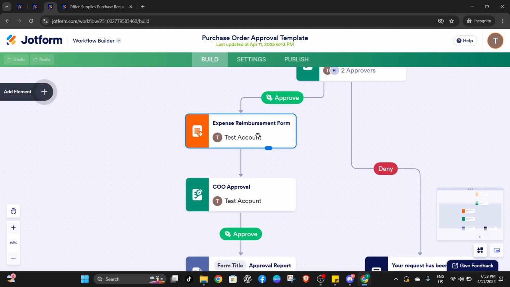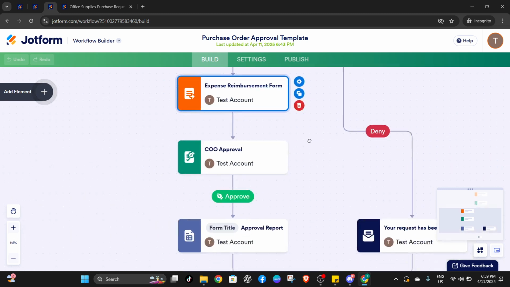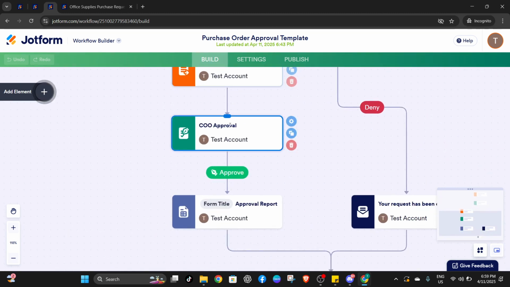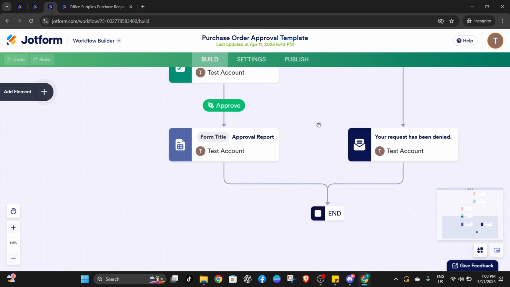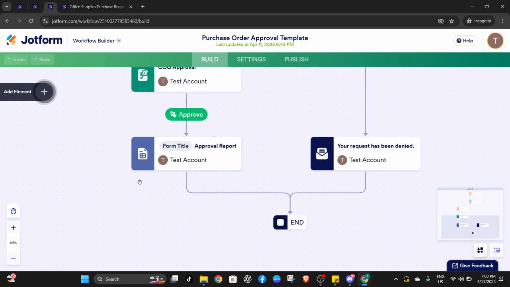After reimbursements, the next step involves the approval of the COO or the head of the department. This additional layer ensures that high-level management is aware of and supports the purchase orders being processed. Finally, once everything is in place and approvals have been secured, the system will generate an approval report. This report is a great way to keep records of all requests and their outcomes, ensuring transparency and accountability in